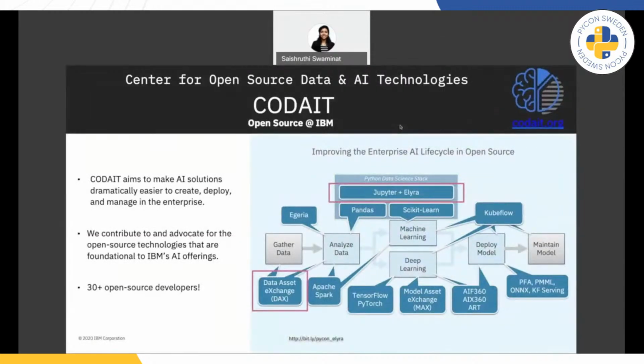Thanks for the overview, Ed. Hello everyone. Now let's have a quick look at the Codait team goals and projects. Codait stands for Center for Open Source Data and AI Technologies. We are 30 plus developers and data scientists headquartered in San Francisco and distributed around the world, working towards contributing to open source projects. We contribute to both in-house as well as external open source projects and cover the entire data science pipeline. As you can see in the image, we have projects that can help you from gathering your data